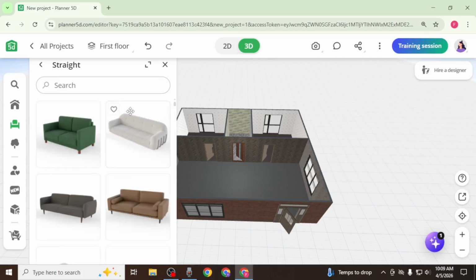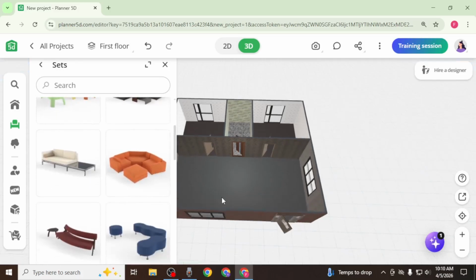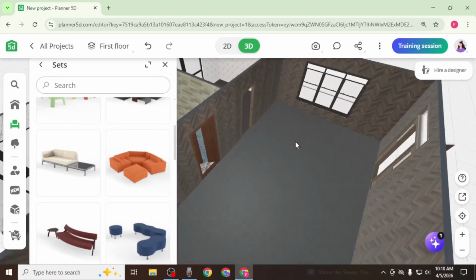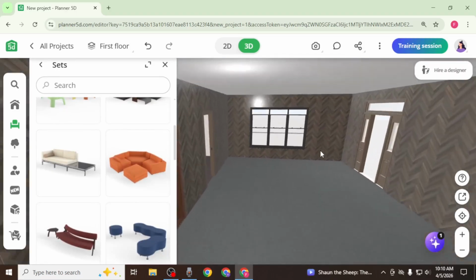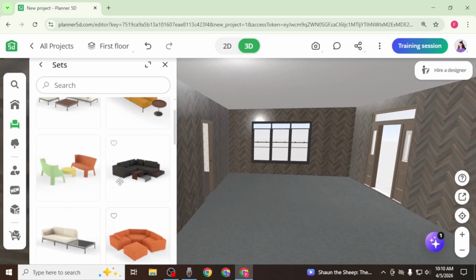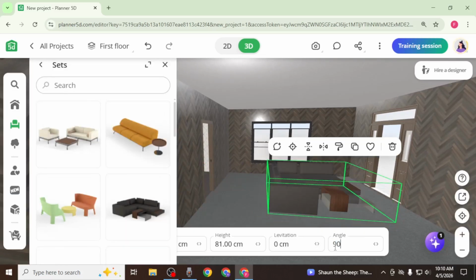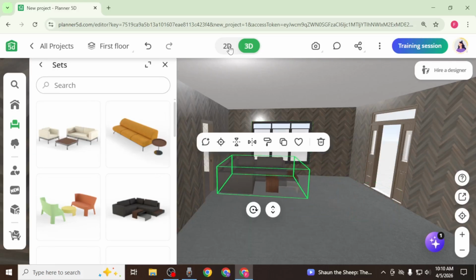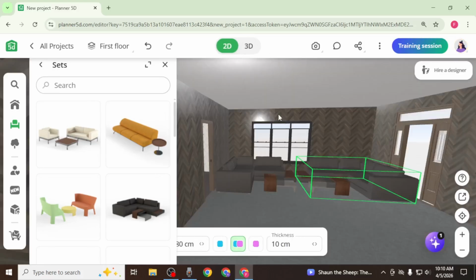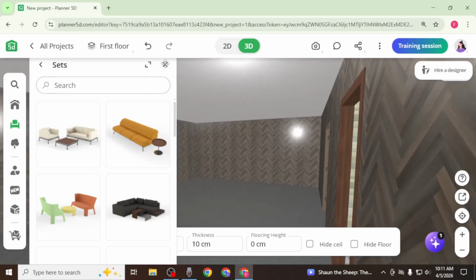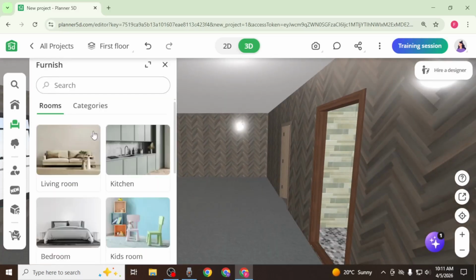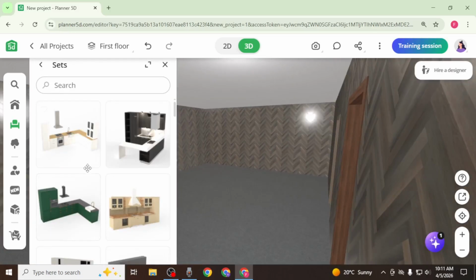For the living room, you can add sofas or complete seating sets. You can zoom into the area where you want to place furniture to get a better view and decide what fits best. Drag and drop your selected items into place, adjust their angle, and switch between 2D and 3D views to position them accurately. For the kitchen, go into the kitchen category and add items such as kitchen sets, cabinets,